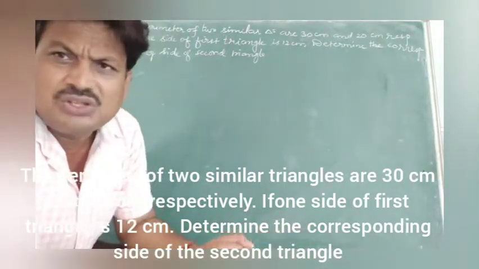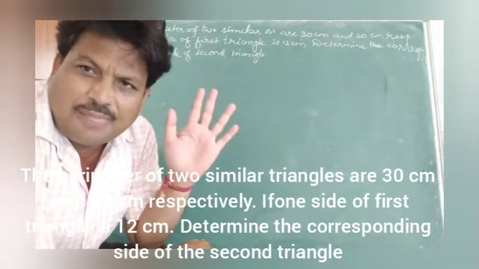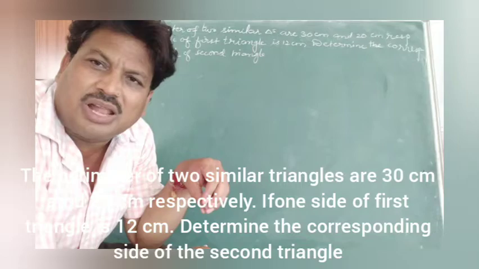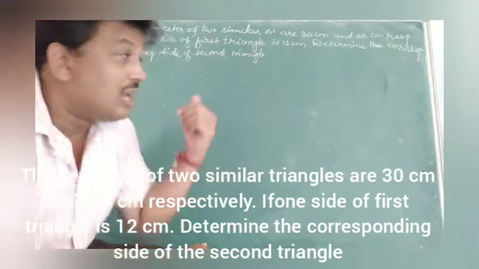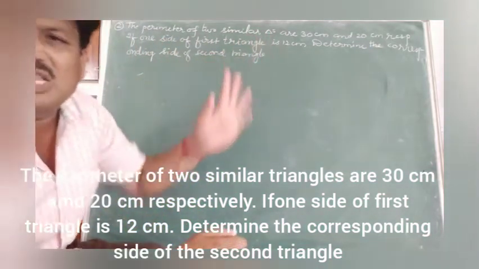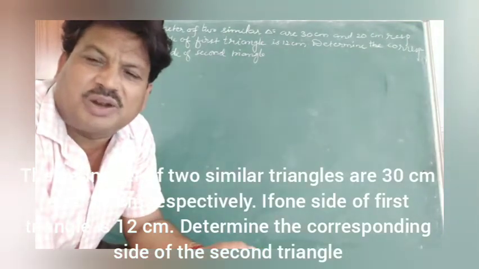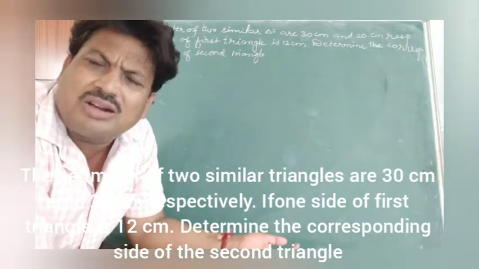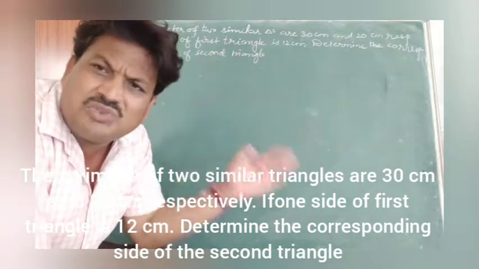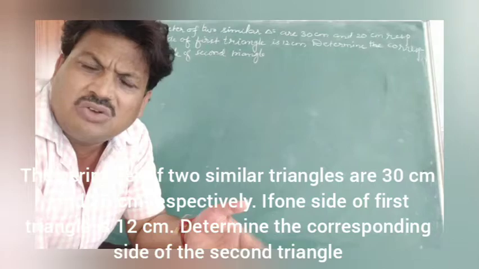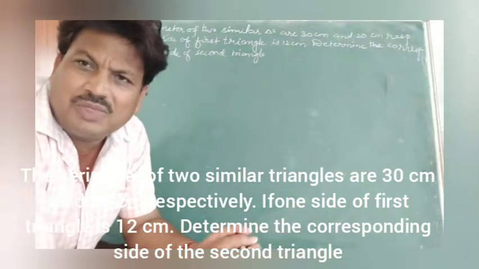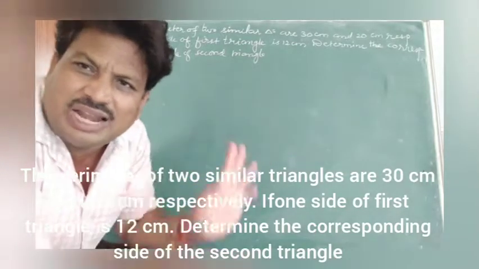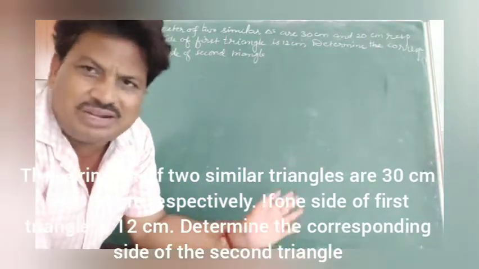Just determine that. So children, actually there is a shortcut formula. What is the shortcut formula? Perimeter of one triangle divided by perimeter of the other triangle is equal to the ratio of the corresponding sides. Most of the teachers used to tell this formula, but why should we learn this formula by heart? Whatever theorems we have, we should go with those only. Why go for a new formula every time? Let's do the normal process and calculate. Automatically at last you will get that same thing only. If necessary, I will tell that also.